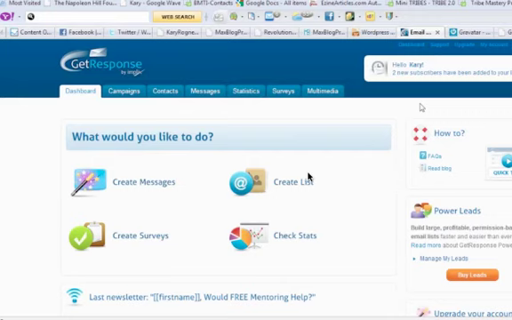I am logged into Getresponse, and hopefully all of you have created an account with Getresponse or Aweber. The reason why you want this is it leverages communication to people that subscribe on your blog. It allows for you to roll out automated messages, links to things, inform people without you having to send out